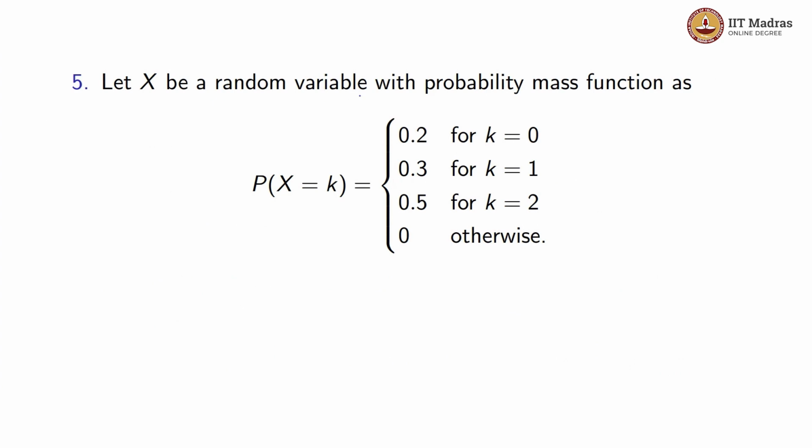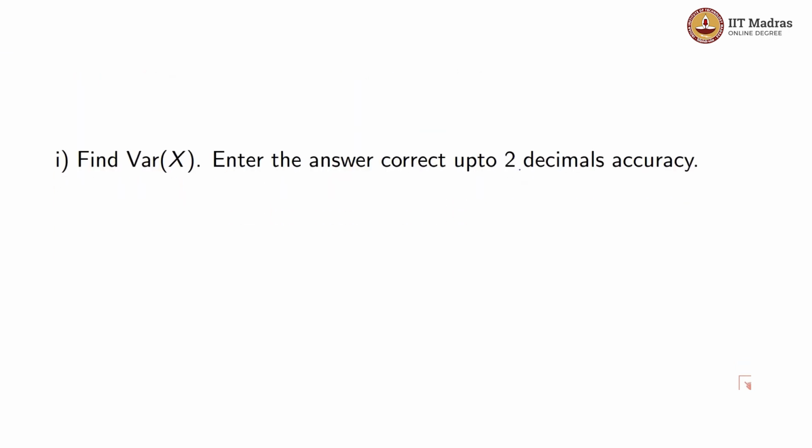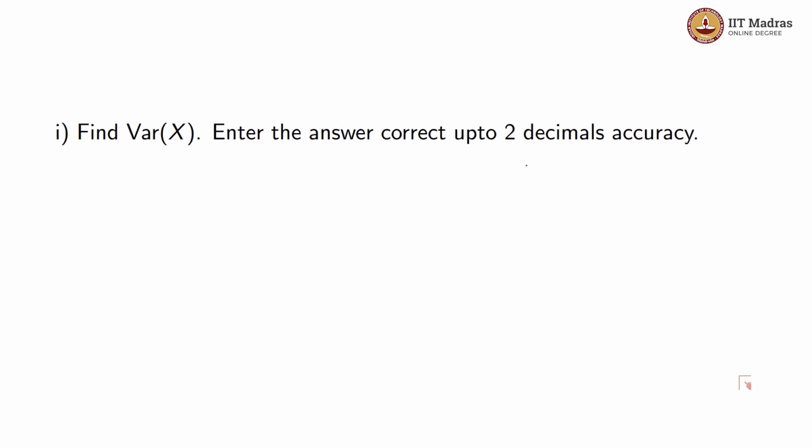Let x be a random variable with a probability mass function. So we have the probability mass function for this random variable. It is taking values 0, 1, 2 with given probabilities 0.2, 0.3 and 0.5. Find the variance of x. First remember, for finding variance, what do you need to find? You need to find the expectation and the expectation of x square, because variance is defined as